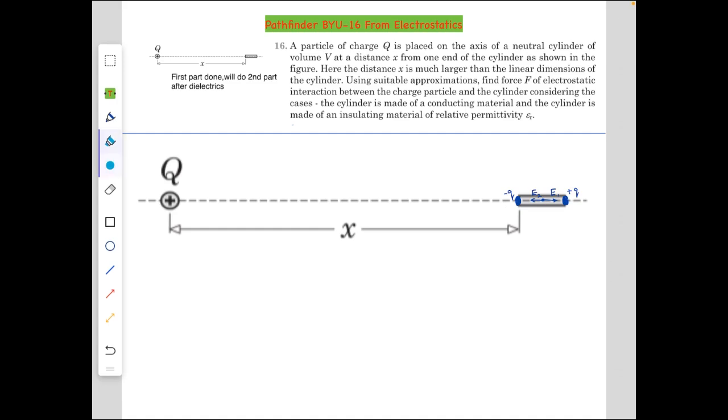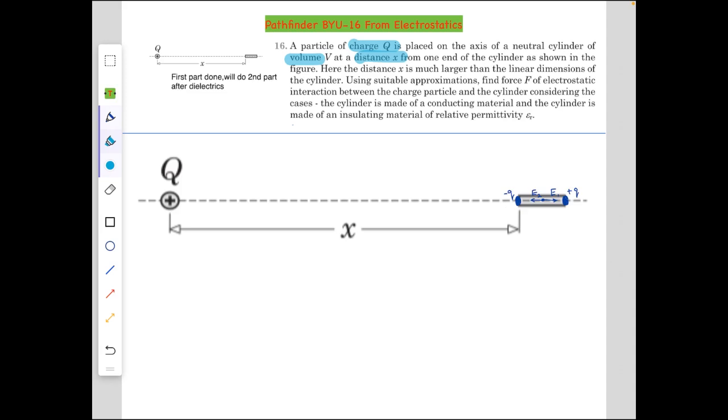So let's begin. A particle of charge Q is placed on the axis of a neutral cylinder of volume V at a distance x from one end of the cylinder as shown in the figure. Here the distance x is much larger than the linear dimensions of the cylinder. Using suitable approximations, find the force F of the electrostatic interaction between the charged particle and the cylinder, considering the two cases when the cylinder is made of a conducting material and when it is made of insulating material of